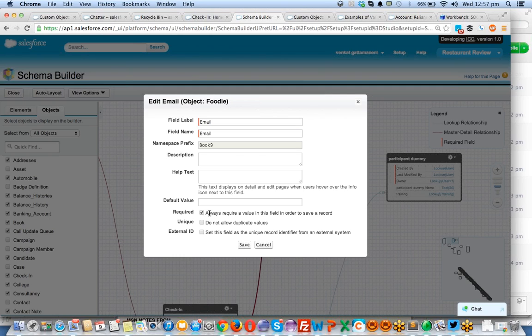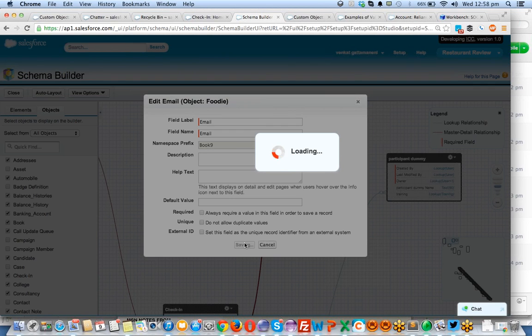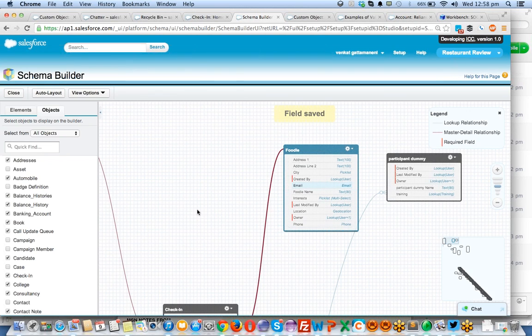See, I'm checking here. This field is always required for all the people in the system. So this is the top level required option. Now I'm going to remove this. If I make this here, this email field should be entered by all the people in the system.